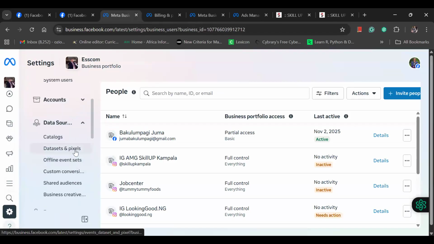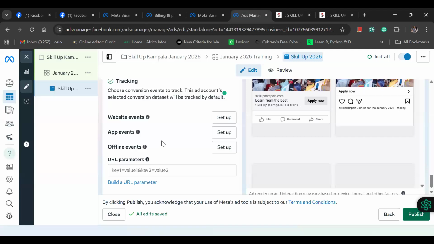Catalog, data set and pixel, offline event sets. Yeah, so these are pixels. A pixel is when you add a tracking code from Facebook to your website. So it collects events on your website to your page. If you set it up here, there is also an aspect of what we call performance measurement in